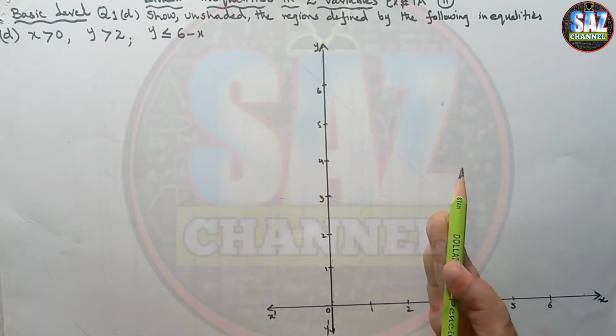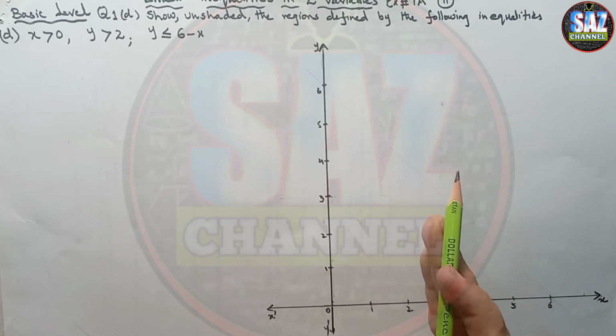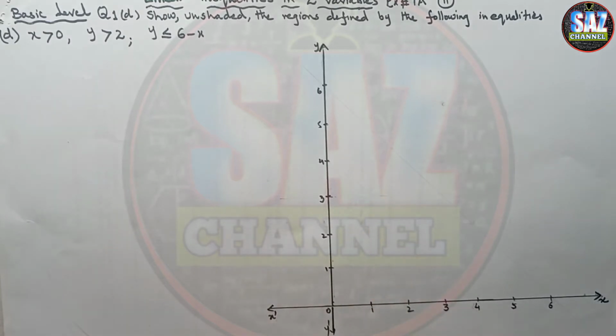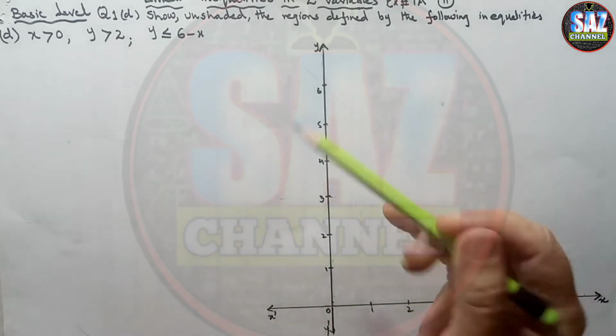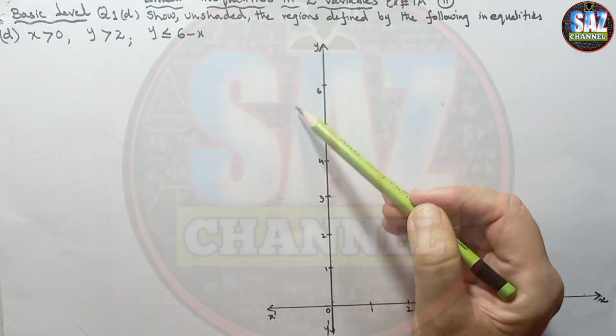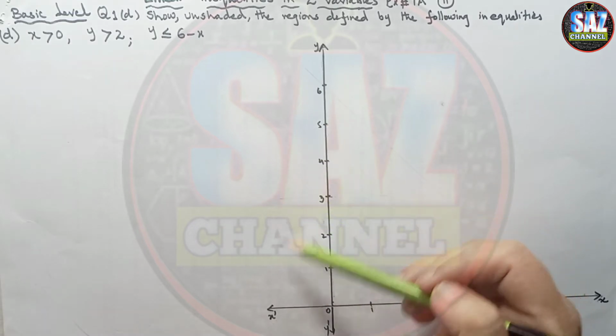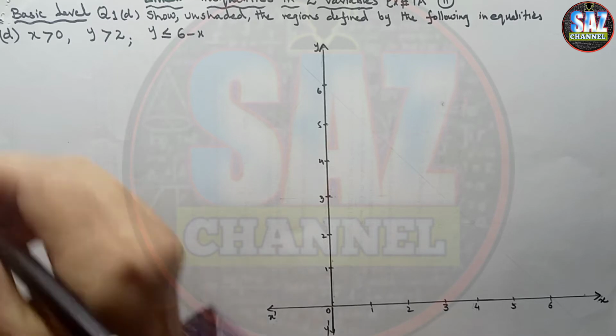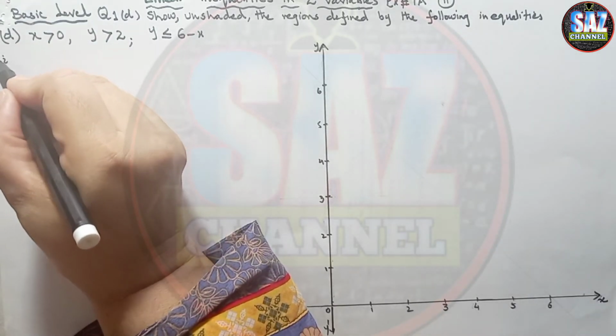But as the question says we have to leave unshaded the region which is satisfied by the inequalities, and the region towards the right hand side of the y-axis is the required region, we are not going to shade for x greater than 0. We have to shade the opposite region, on the left hand side of the y-axis. So the first condition that I'm going to mark and shade is x greater than 0.